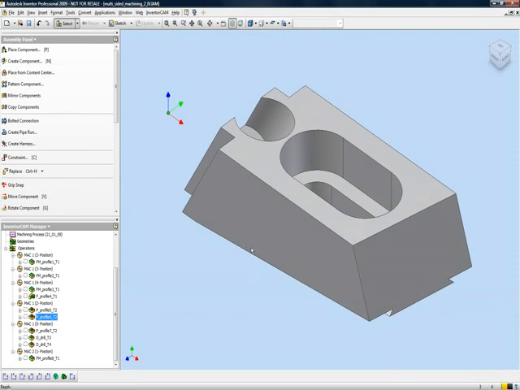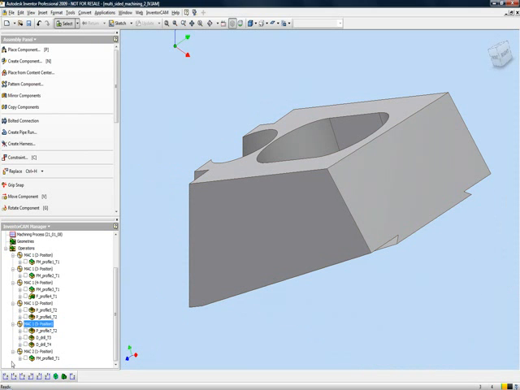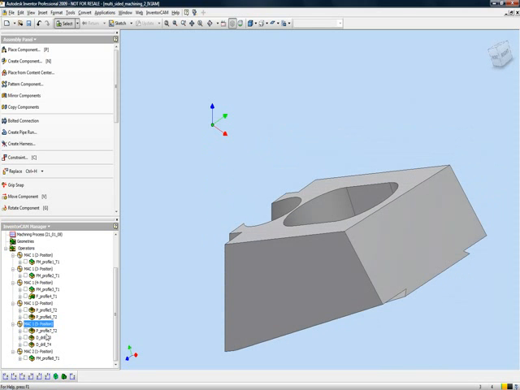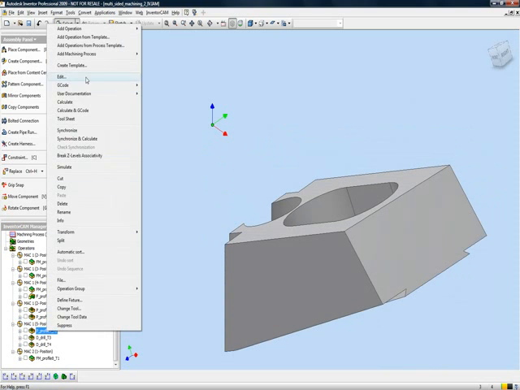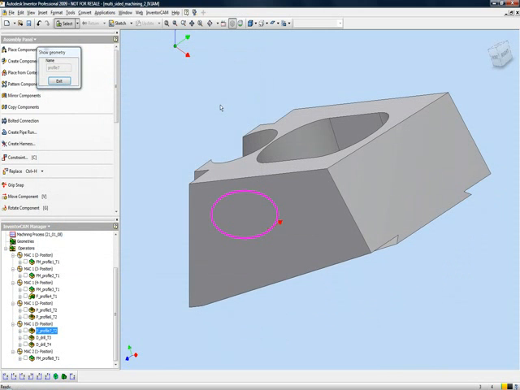Now, in my next operation, I'd like to deal with this area. So I'll be going now to my Mac 1 position 5, working on that area. If I take a top view of the part itself, you see that this is the surface that I want to work on, this hole over here, and this I'll be doing with the pocket, and then drilling out those holes over there as well. So the first operation that I'll be doing will be the pocket operation, choosing my geometry as shown over here,